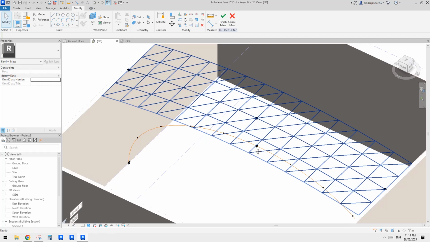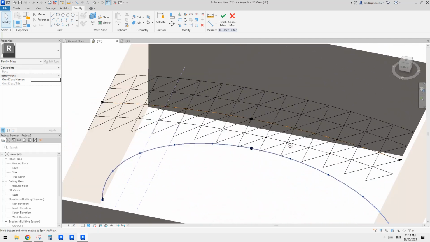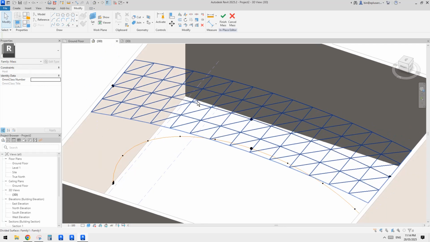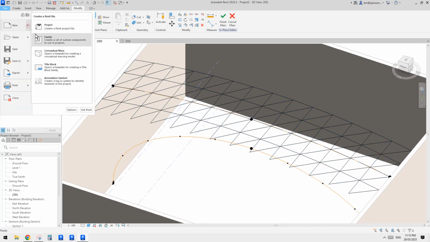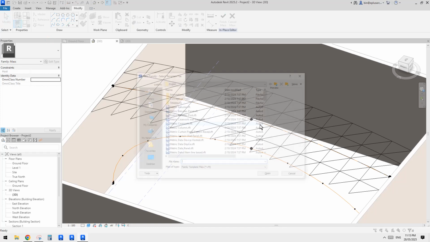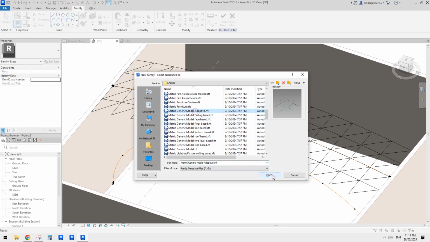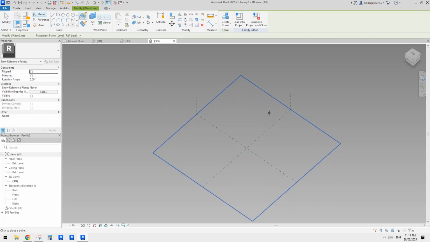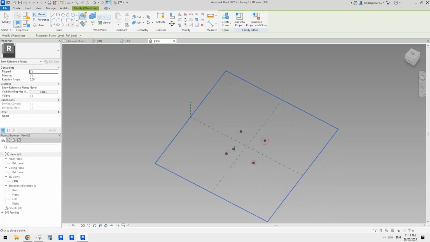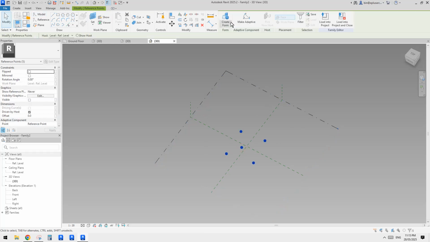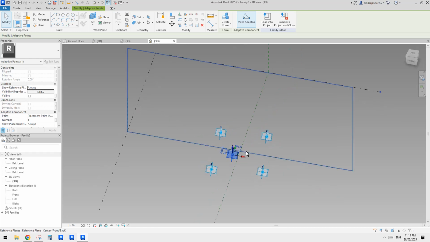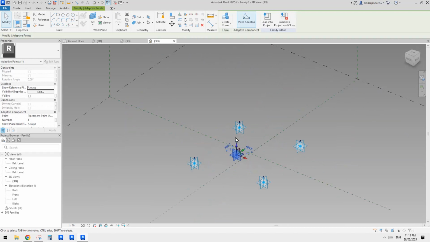Okay, so now how can we quickly connect from these nodes to this pattern-based family? We need an adaptive family. Let's go to generic model adaptive. So again, very simple. We need 5 adaptive points. So 1, 2, 3, 4, 5. Okay, and then I'll just move this 5 down a little bit, so we can tell the